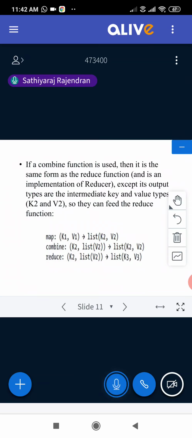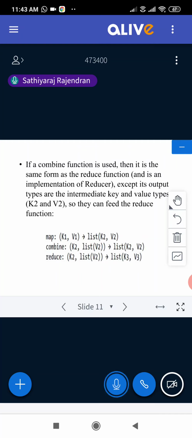So the combiner phase is the intermediate phase between the map phase and the reduce phase. And this K1 V1, list of K2 V2, is something that we relate with the logic. It is not like formulas that it should be the same or it should be modified. It is not something like that. So whatever you treat as a key and value, accordingly you can modify.